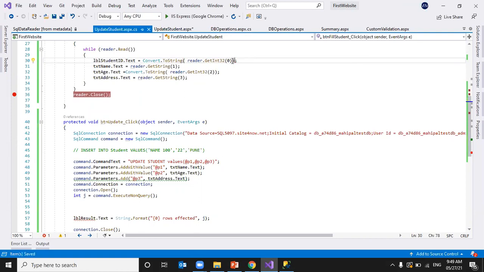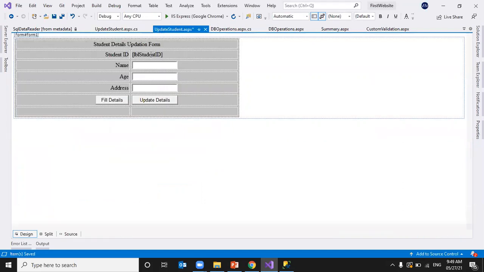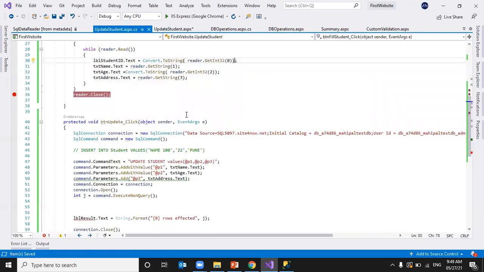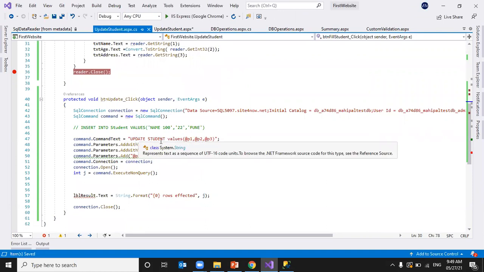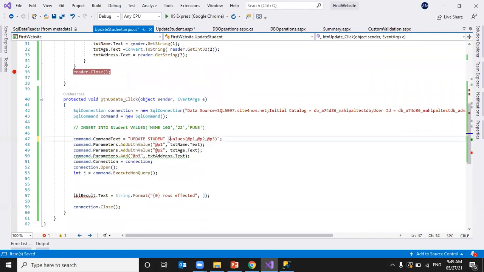That way I'm able to display the student ID here. Okay, now we'll go back to the update method. Update student set name equal to.